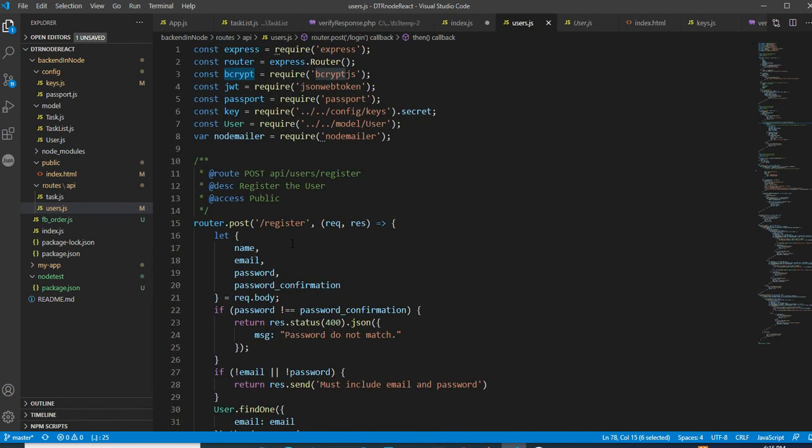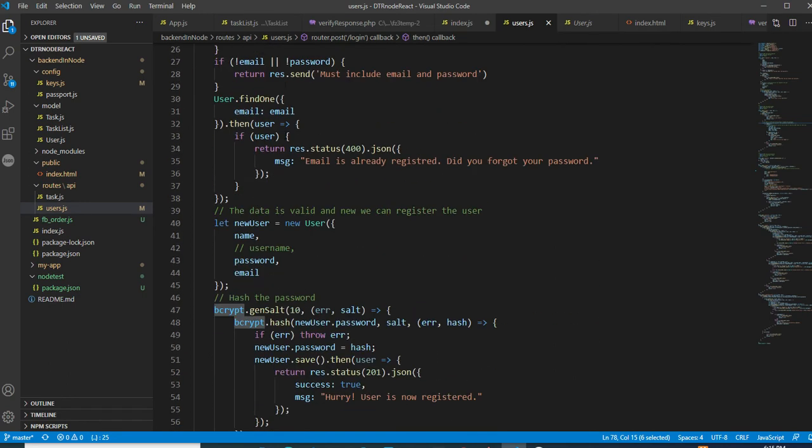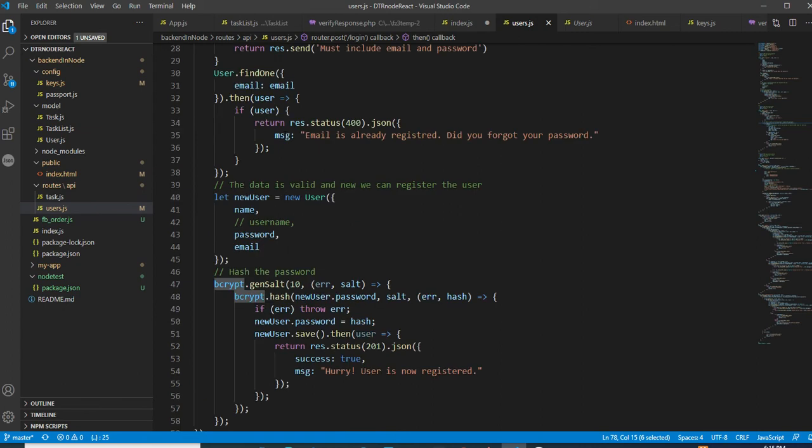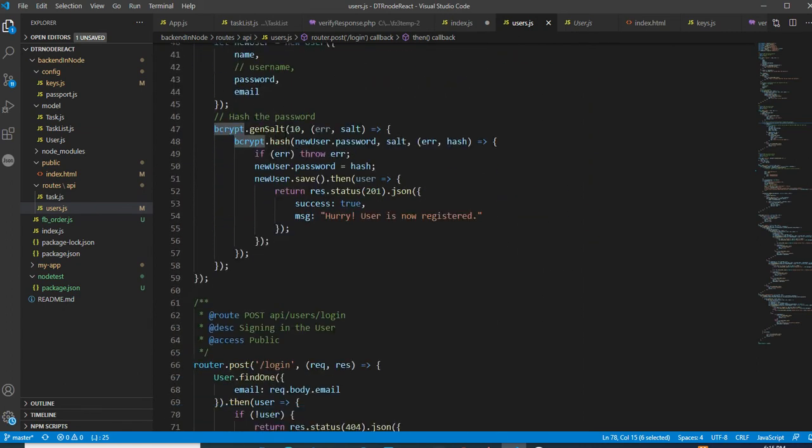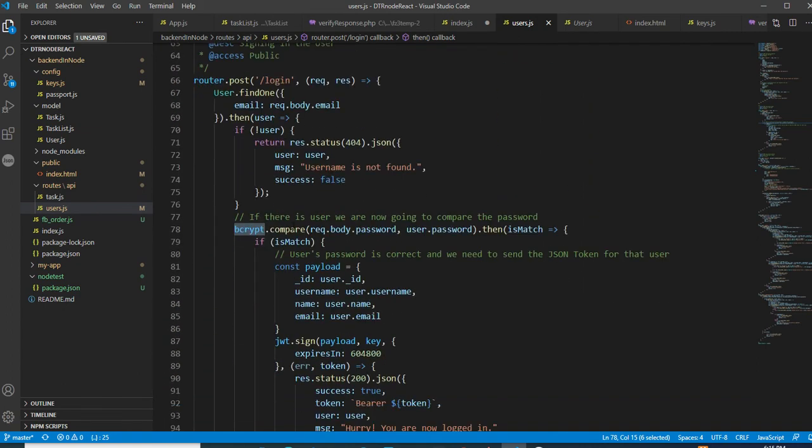For that you have to import it. So you have created the variable bcrypt, and through this bcrypt, here this one is register, and this one is compare, the password and the user.password. It means you are trying to collect your data, okay, whatever is in the database.